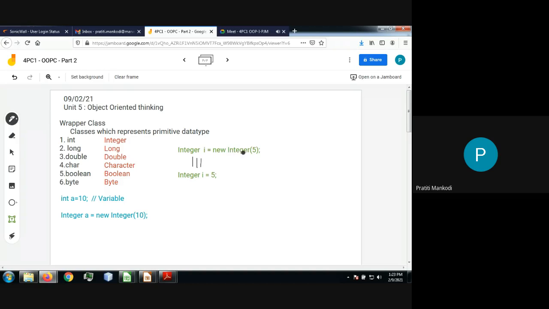So this particular thing is an object, this particular thing is an object, and this is a value. This is a value, but these two are equivalent. Equivalent means ultimately if you write like this or if you write like this, an object will be created.